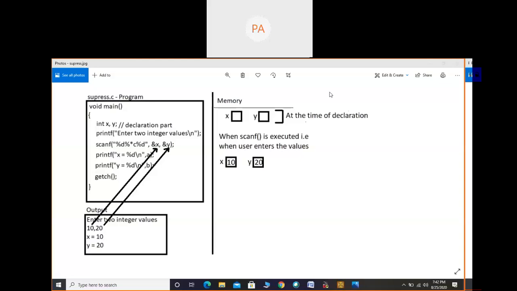Actually, there are two types of errors. One type of error is which will show at the editor screen itself. Those errors are called compile time errors. That is before the program starts executing, before we see the console screen. And another type of error is